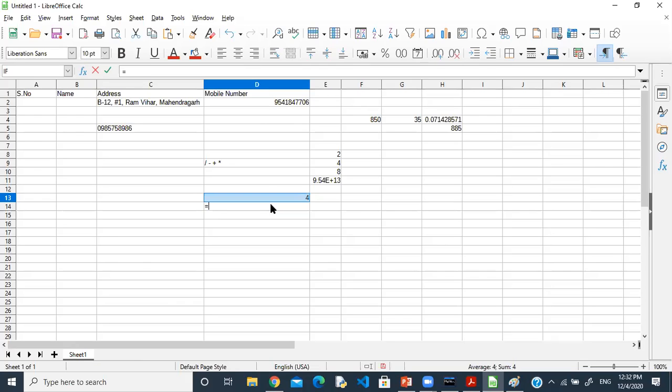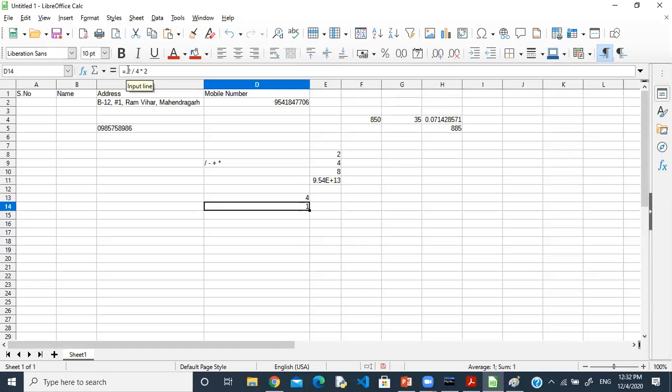Now I'm writing equal to 2 divide 4 multiply 2. What am I getting? 1. Look at this. The first time I have written 2 multiply 4 divide 2. The second time I am writing 2 divide 4 multiply 2. What happened? Which operator is executed first? Here, first it's going to multiply the 2 by the 4, that is 8, and then 8 divided by 2. And what are we getting? We are getting 4 here.